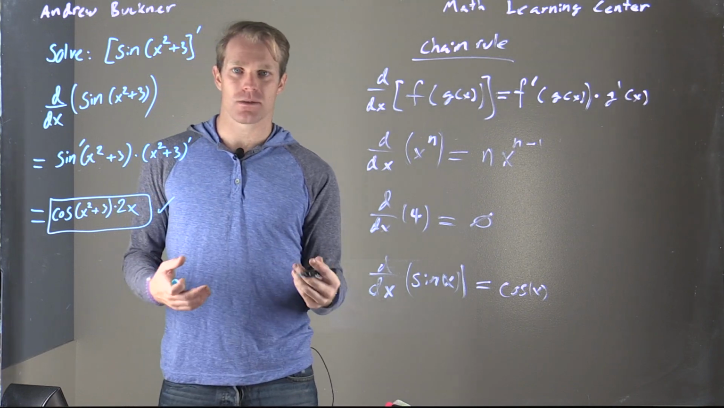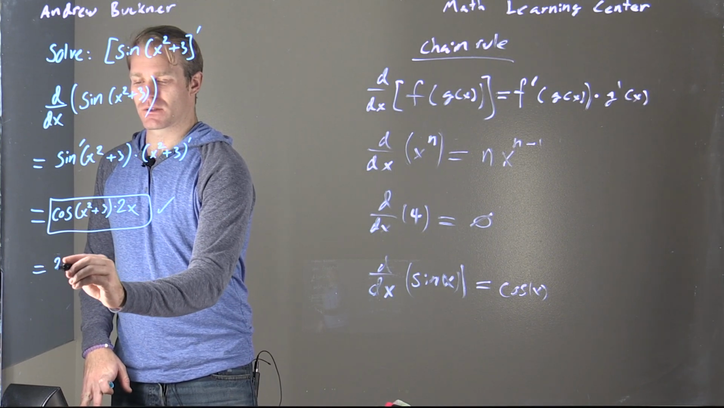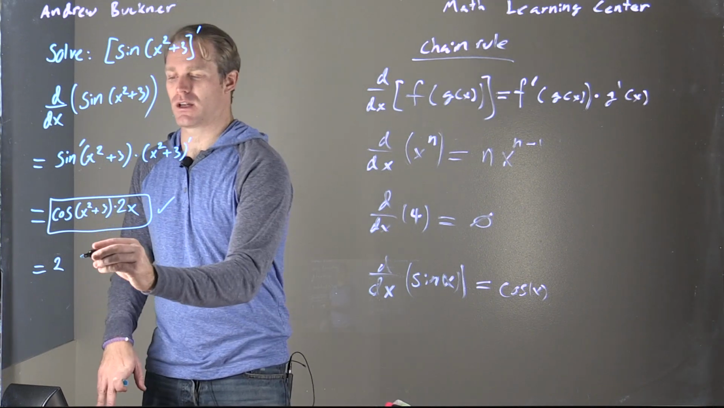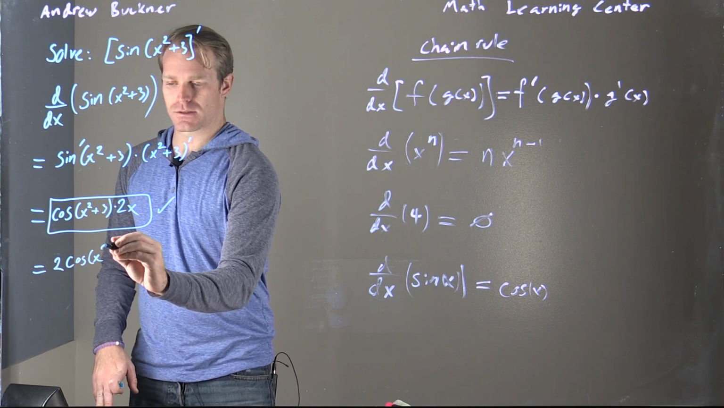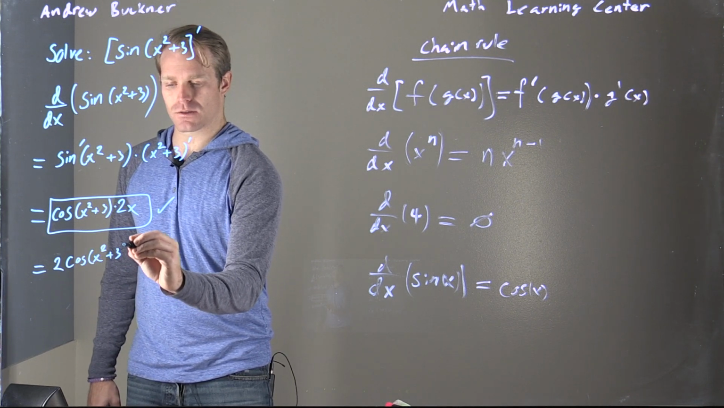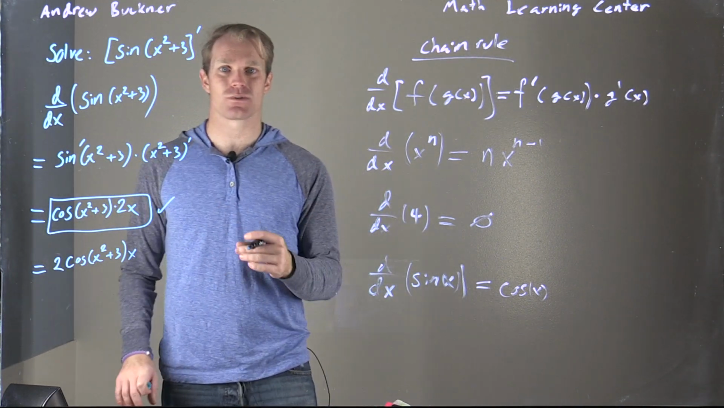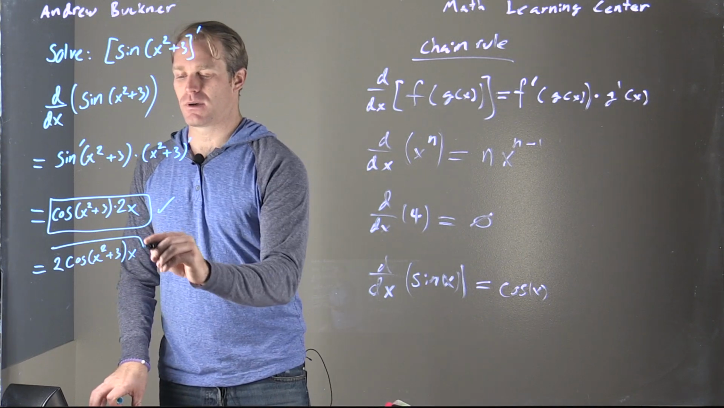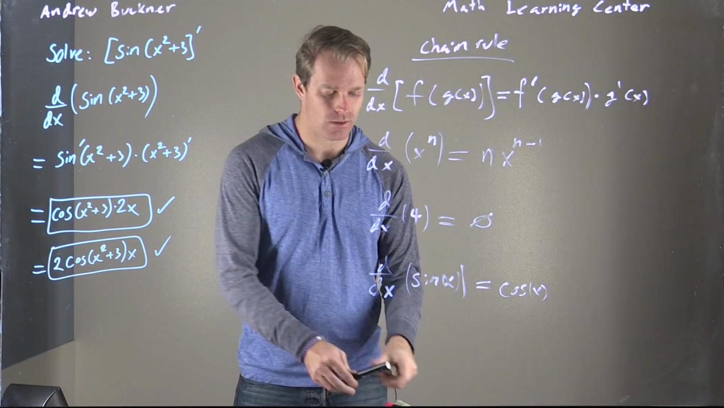If you want to clean it up, you don't have to. It just looks a little nicer. You can bring the 2 in front or leave the 2x out in front, depending on how you enjoy looking at a problem. I prefer the 2 out in front here. So my answer will look like 2 multiplied by the cosine of x squared plus 3, all multiplied by an x out behind it, and they are both correct. Again, one thing